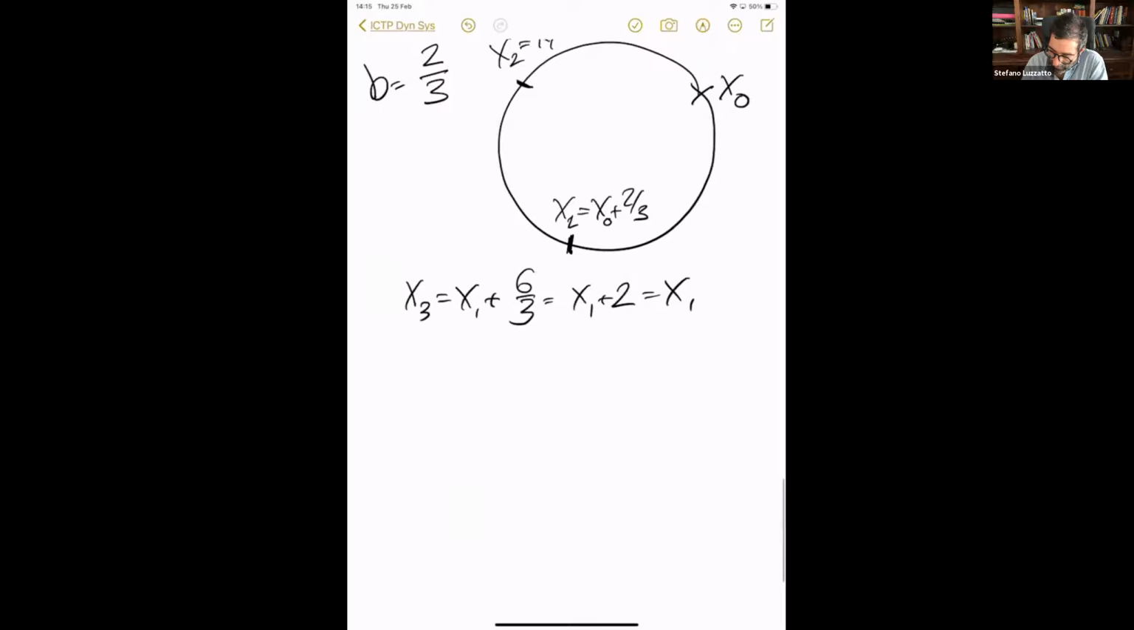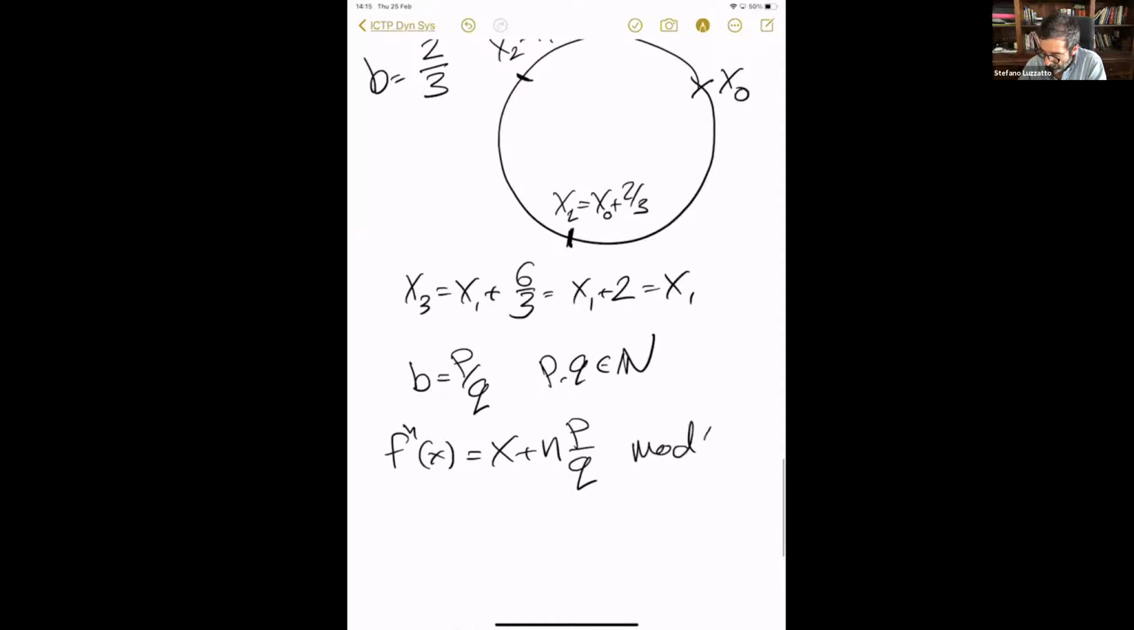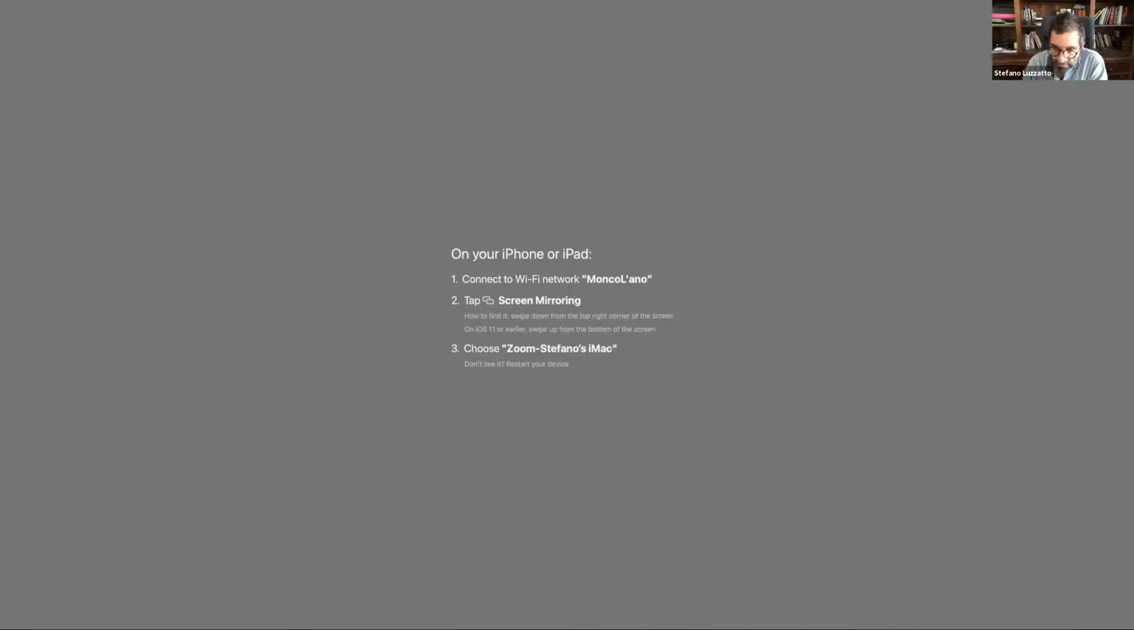Okay, so now we can quickly generalize. We can see that if you have, as Mimokshin said, any rational number p/q, where p and q are integers, then we have f^n of x is equal to x plus n p/q mod 1, because that's all we're doing. We're just adding p/q n times, and therefore if n equals q, we have f^q of x equals,